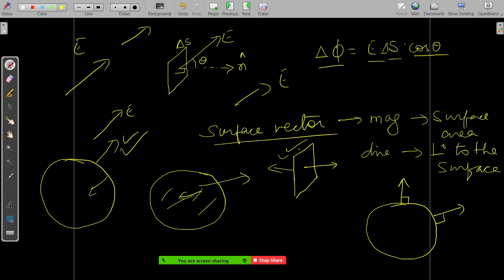One thing is you will come across line integrals and all. In that convention, we will form a convention to get the outward normal, the direction of the surface vector. In that case, if it is clockwise, then it is going inside; if it is anti-clockwise, then it is going outside. When it comes, we'll see. But for the time being, you can take any direction as the direction of the surface vector.